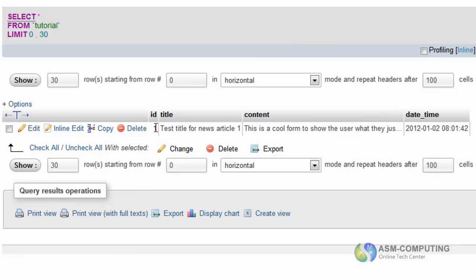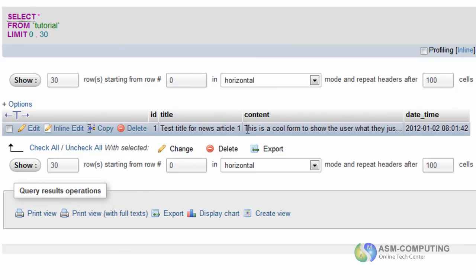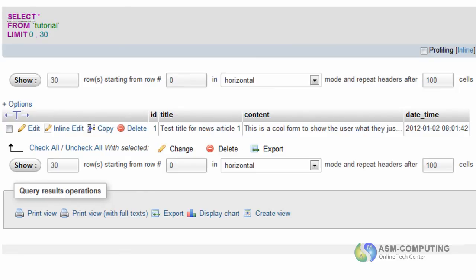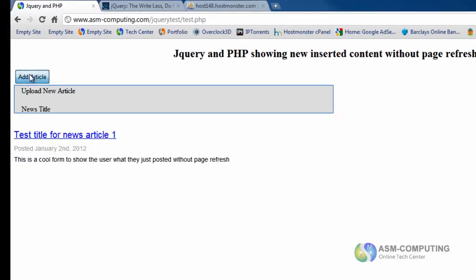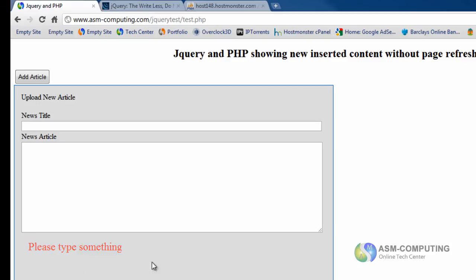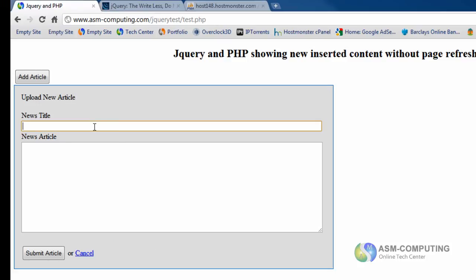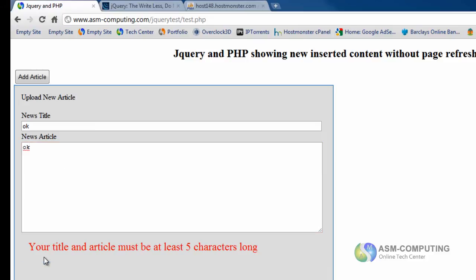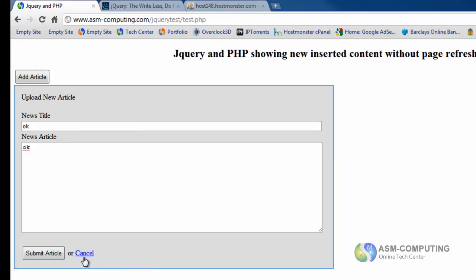Here's our ID of 1, our title, our content and our date time, and I'll just show you with the form, even though it's blank, we try to submit, get please type something, we put OK and OK, submit. Your title and article must be at least 5 characters long. Cancel.